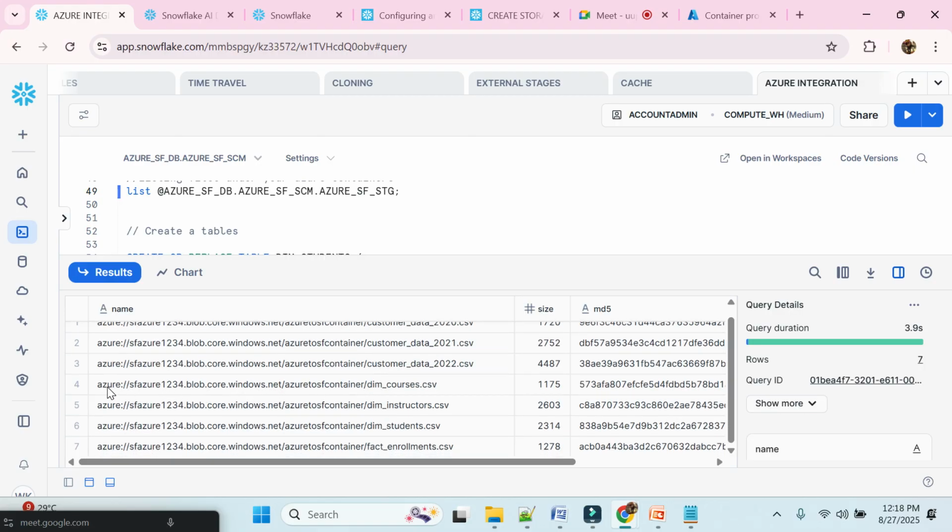Here if you observe clearly, the fourth one is dim course. Dim means dimension table, student courses, dim instructor, ఎవరెవరు ఫ్యాకల్టీ ఇది చూస్తుంది, dim students names. Fact table is enrollment. ఇవన్నీ ఉన్నాయి. Now I want to deal with all these four. I'll create tables for this. ఈ tables ని మనం ఆల్రెడీ